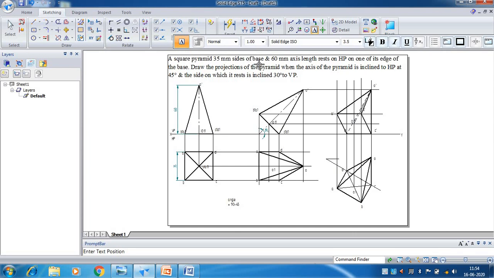That is a square pyramid, 35 mm base side resting on edge, 60 mm axis line. So always you have to take the axis line, that is the data with respect to the axis line, and draw the front view. First you need to draw the top view, with the help of that one you have to draw the front view. Then for the second step, always you have to take the angle with respect to HP, but you need to calculate the base edge angle. You cannot take directly this axis angle in the second step. So that is 90 minus theta.